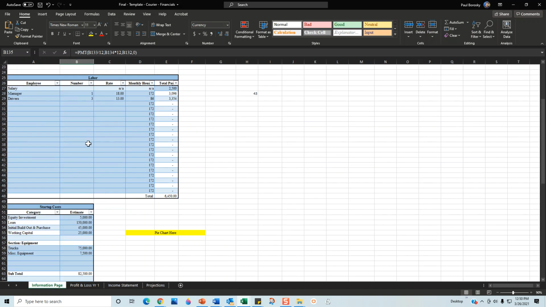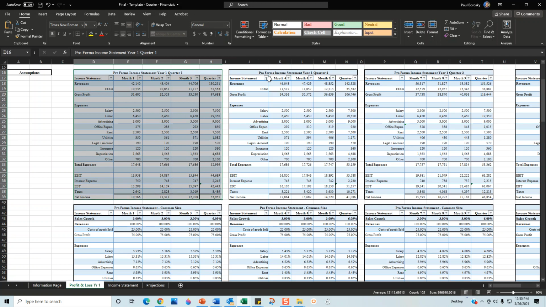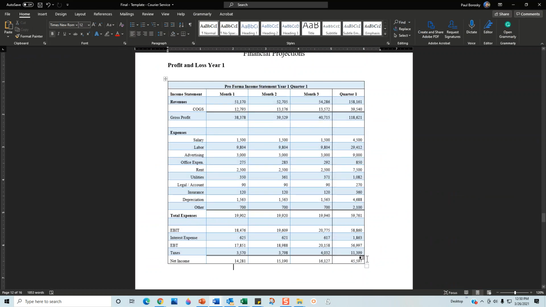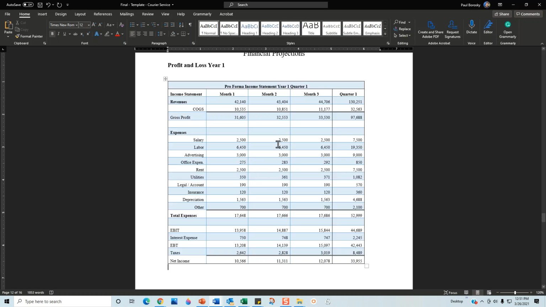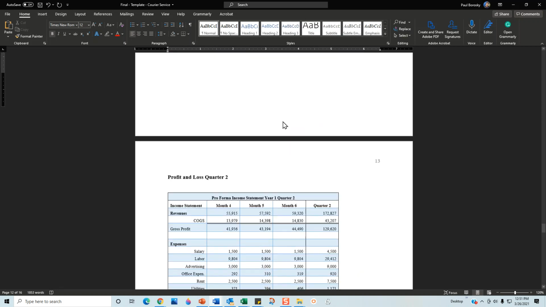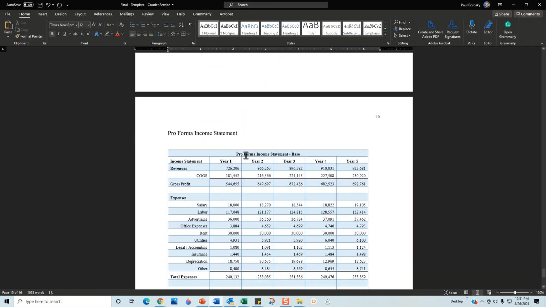Once you are done making your changes here, you will then have to copy and paste each one of these financial projections, pro forma quarter 1, quarter 2, quarter 3, and quarter 4. You're going to have to copy it, go over to your Word document, highlight this information right here, get rid of it, and then Control V it, and now we have our new pro forma income statement, profit and loss for the first quarter. You would then do those changes for quarter 2, quarter 3, quarter 4,